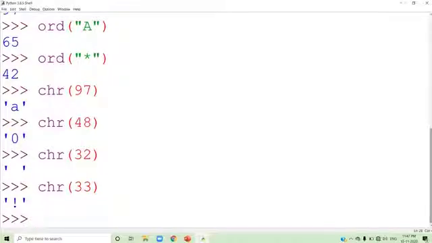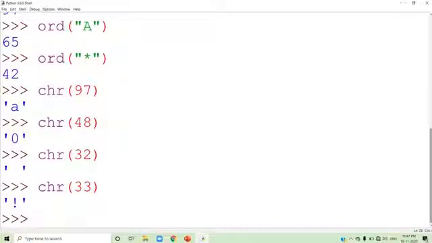So these are the main functions which are used along with strings. Function means we are not using the dot operator there. Methods are used along with the string name and dot, but for functions we are not using the dot. We are using the function name, and inside the bracket the character or string. So in strings we have studied 3 functions.